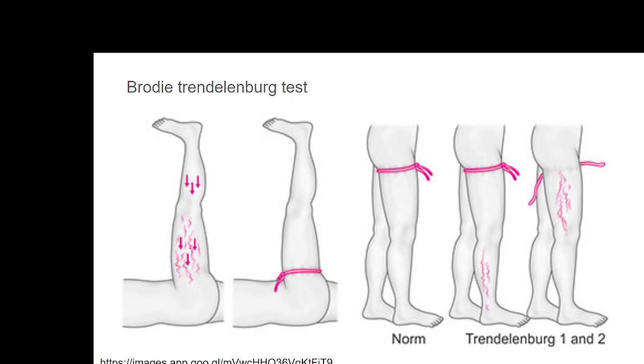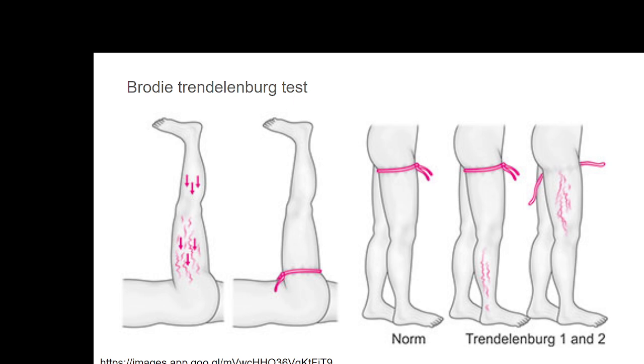If the deep veins are patent, then we can think of an intervening procedure. The clinical diagnosis of a varicosity is very simple because it is obviously visible. But clinical tests and investigations are necessary to rule out the possibility of a blocked deep vein and to locate the perforating veins. The two standard tests used in clinical practice are the Brodie-Trendelenburg test and the Perthes test, which identify these abnormalities.